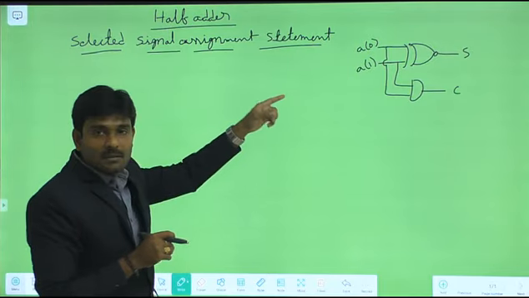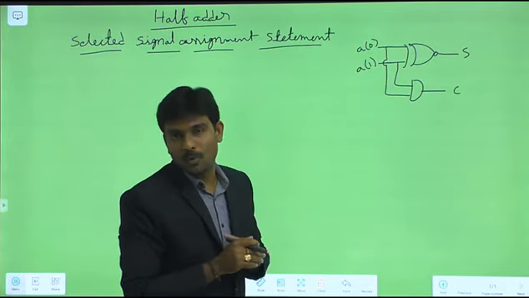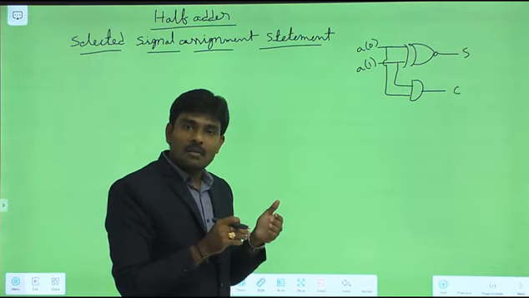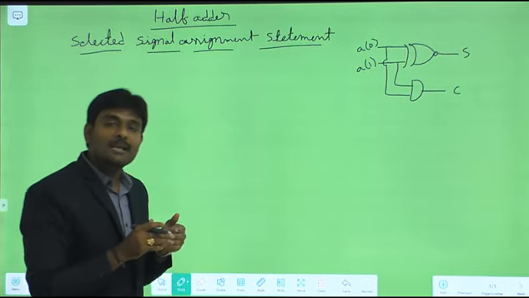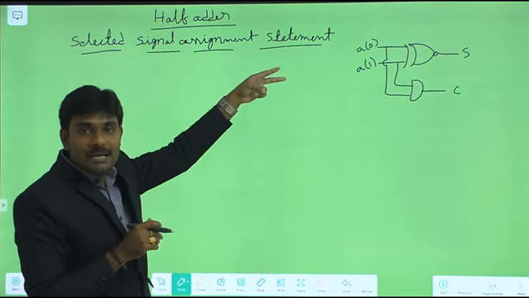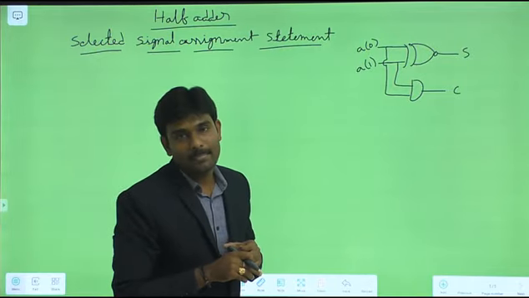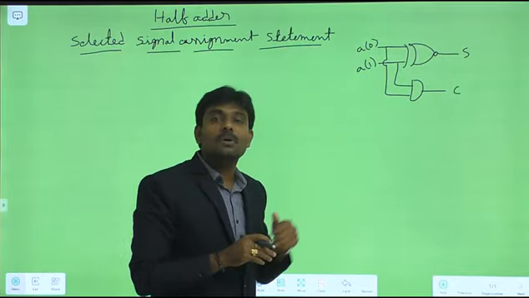So what was that? At the input side, previously in two programs, while I was writing programs for the conditional form of the concurrent signal assignment statement and the conditional signal assignment statement, I considered A and B as the inputs. But instead of that, here I considered an array, where I assumed A equals A of 0 and B equals A of 1.